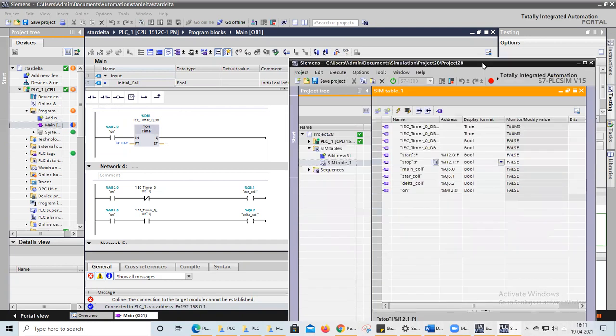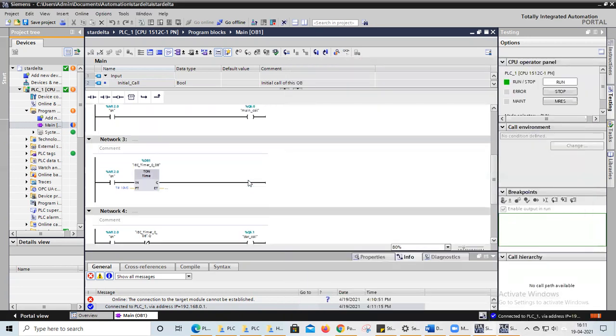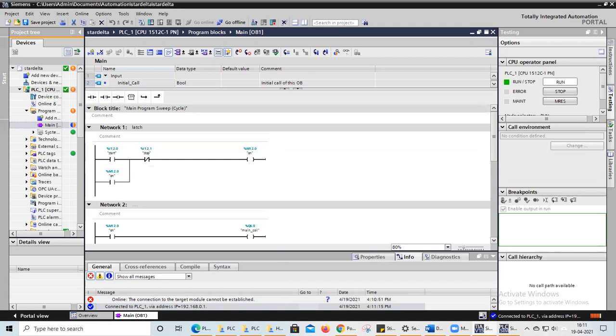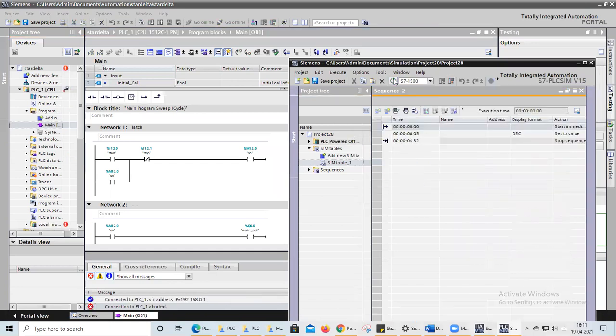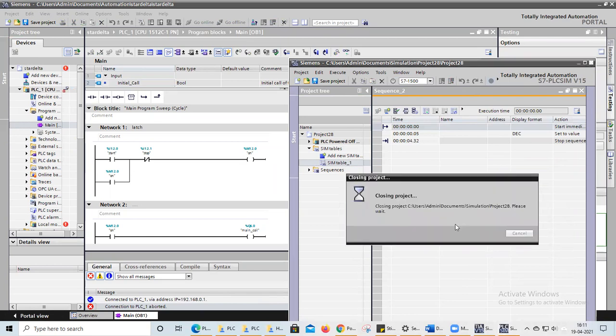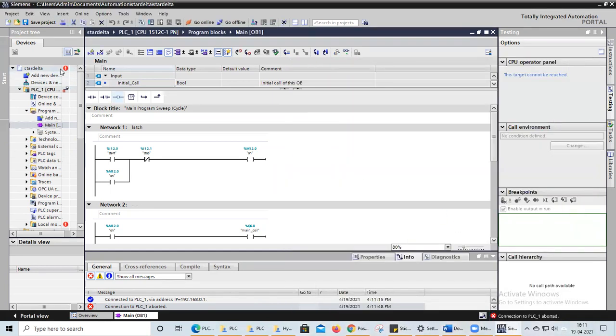Sometimes the same circuit will run differently. Once again, I'm simulating the same circuit.